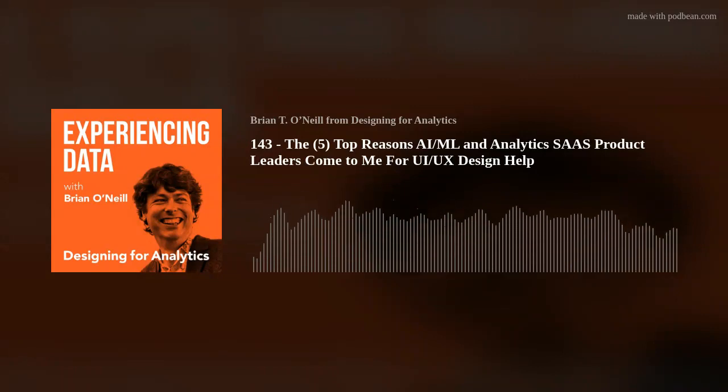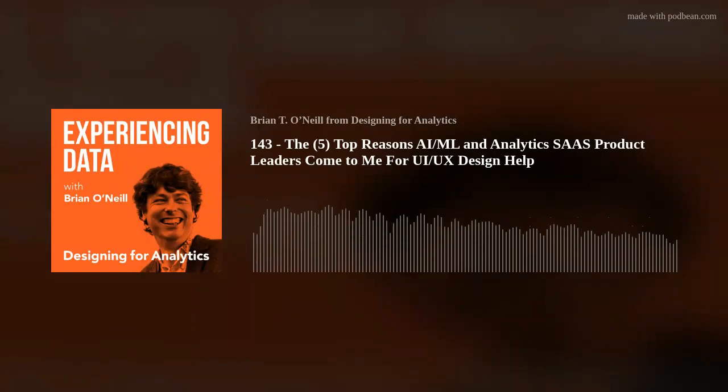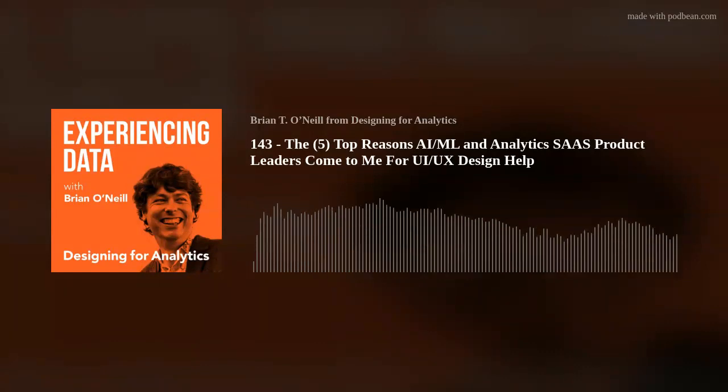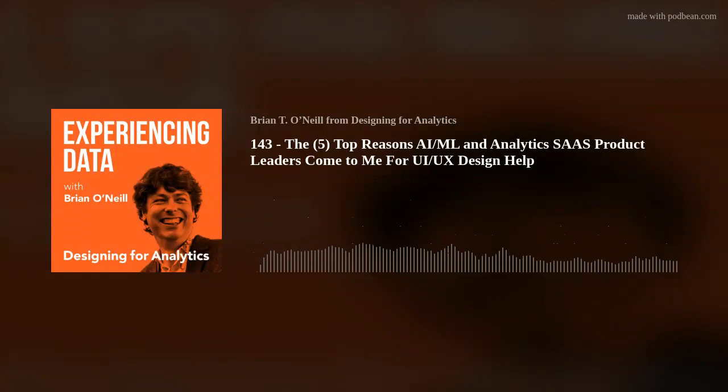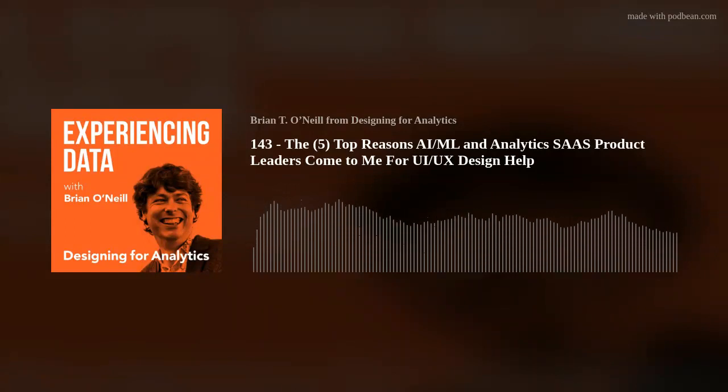The fourth one, your product's data viz choices may be correct in theory, but despite picking the right charting types, et cetera, the choices you're putting into the product aren't delighting customers and generating the value. So this can basically mean the UI might be right in theory, but the experience is not. And the lack of adoption and delight is telling you that something is off. So there's more to designing the data viz portions of the tool. It goes beyond just picking the right chart type. We need to be thinking about experiences, which happen over time, as opposed to data viz, which is a single user interface output that gets spit out onto a screen.